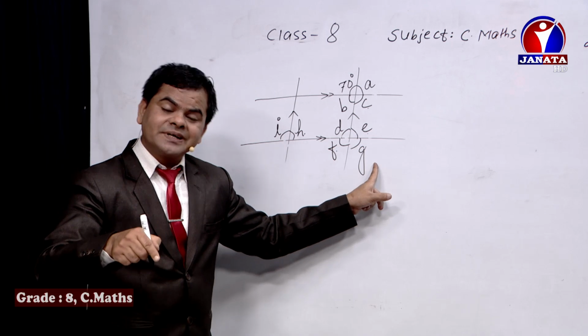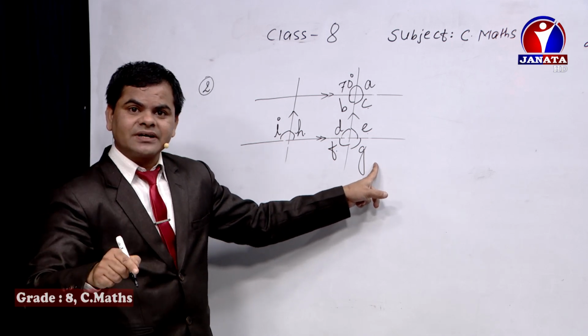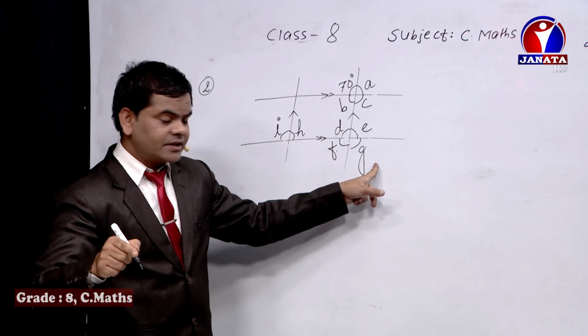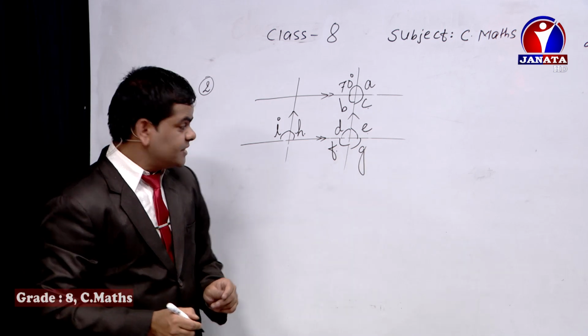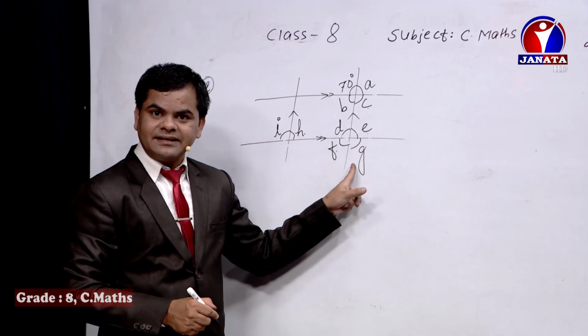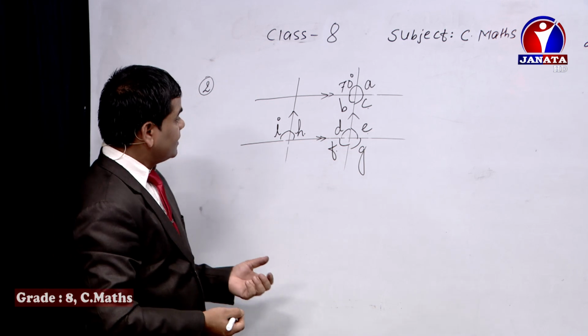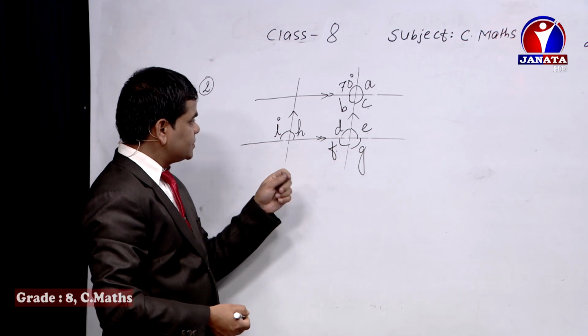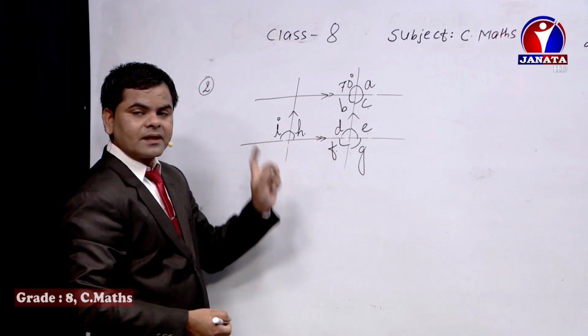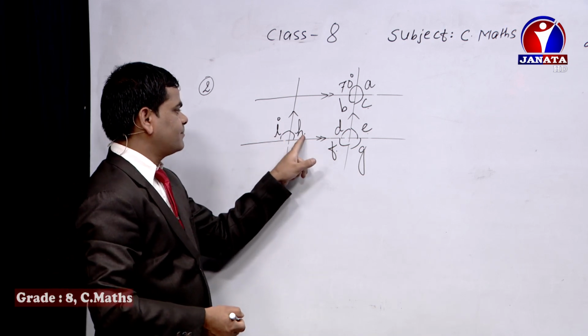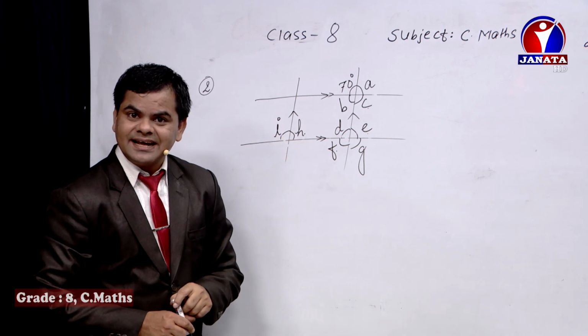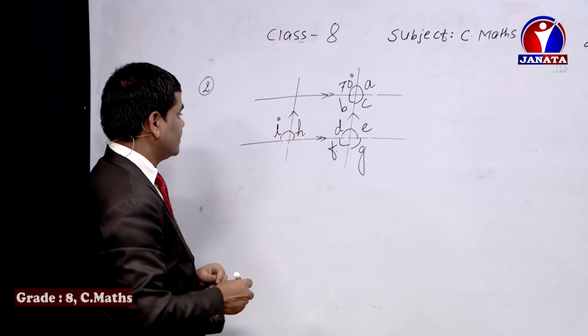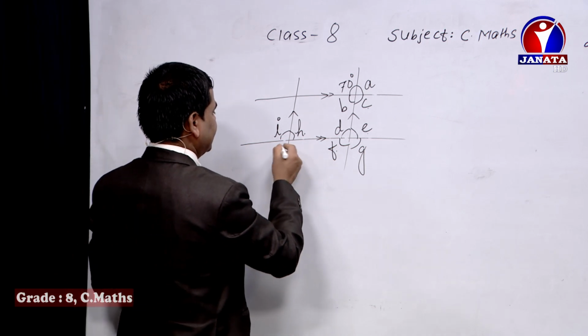Whatever the type of alternate angle, whether they are interior alternate angles or exterior alternate angles, they are equal to each other. So I equals G directly. That is also one way. You can do that, or you can use D equals I as corresponding angles, or I plus H equals 180 degrees as the sum of supplementary angles. So by doing so, find out the value of I as well.